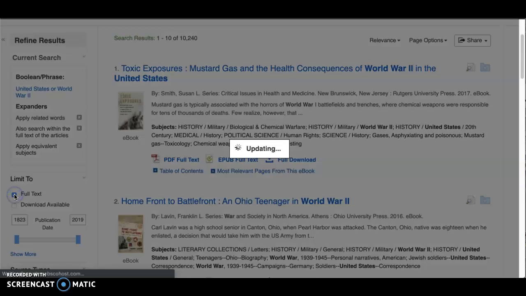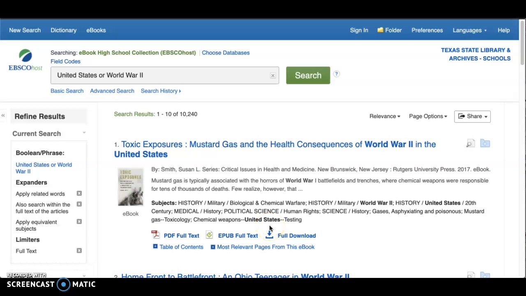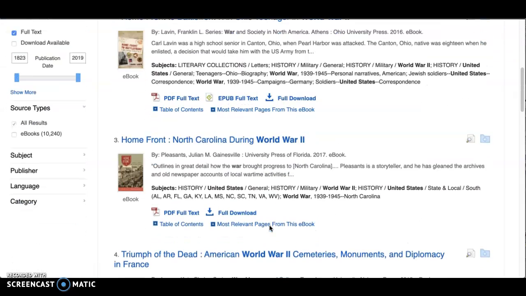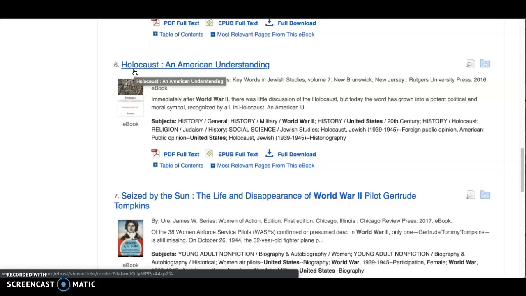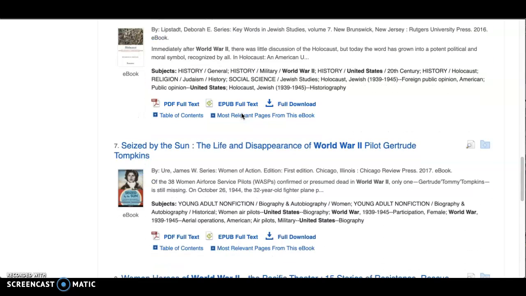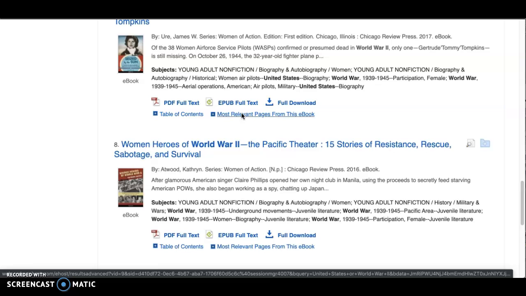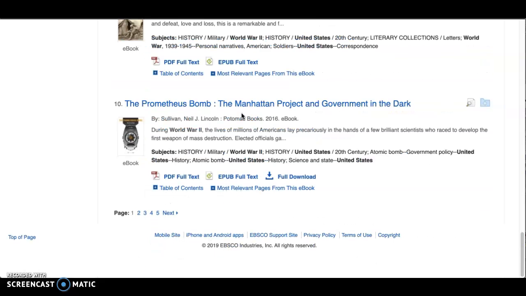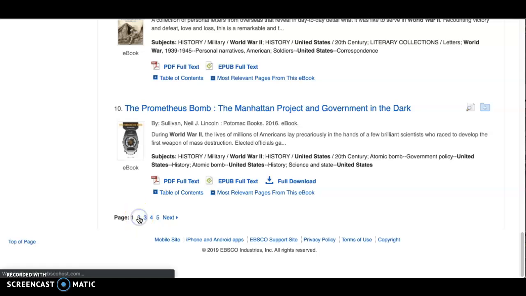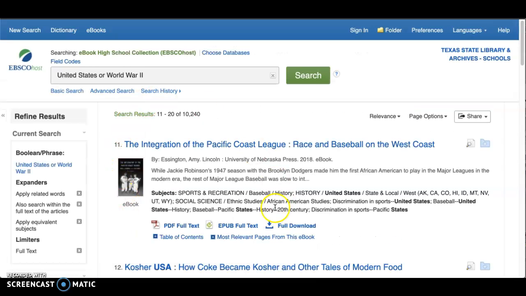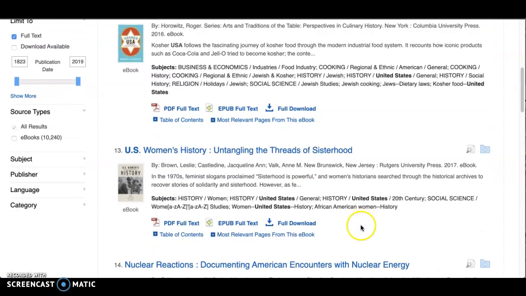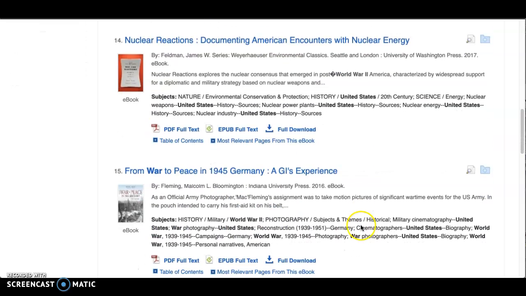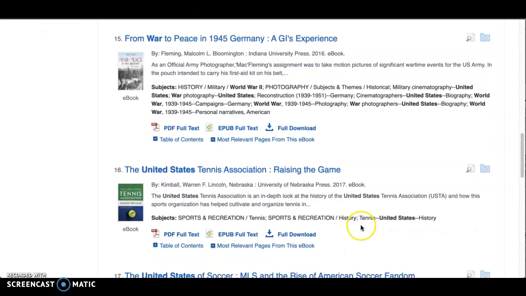Let's do this. Full text. Let's see if that helps. Oh, they're all full text. Okay. Oh, there's another one. Oh, this is after World War II. It's the Holocaust. Okay. And here at the bottom, you go to page 2. So this gives you a broad idea of what you can focus on. And then, just like we did in Destiny, you're going to have to get articles from Destiny and articles from